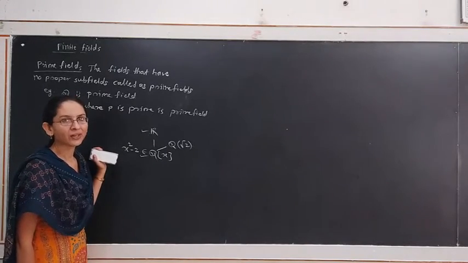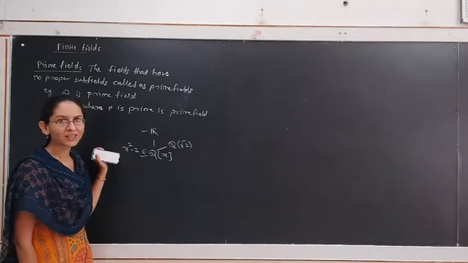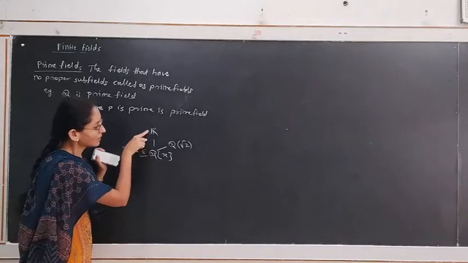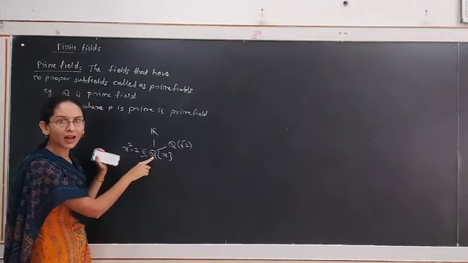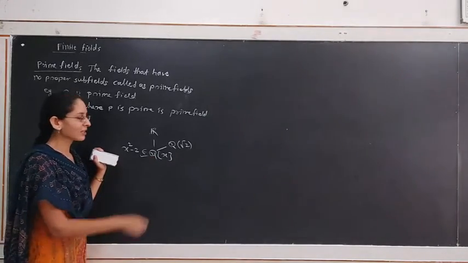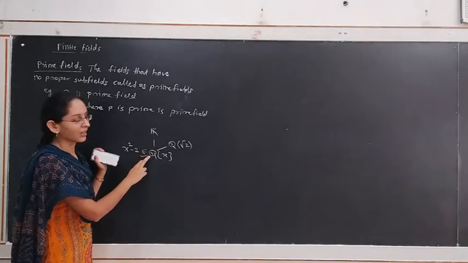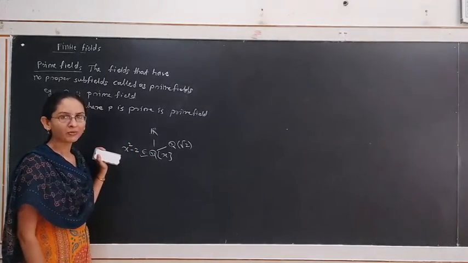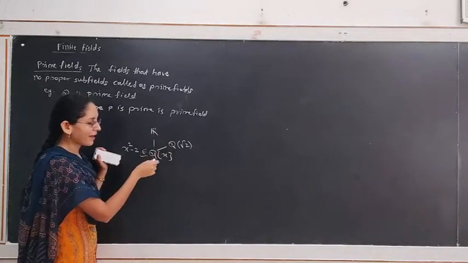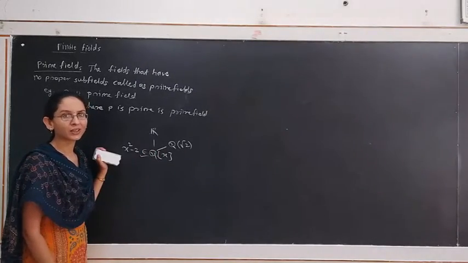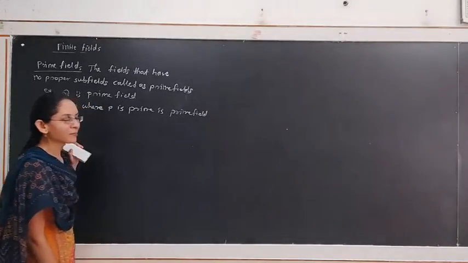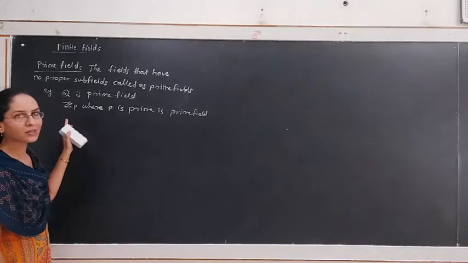We define the prime subfield of a given field by considering its characteristic. The field of real numbers has characteristic 0. The proper subfield of R is Q, and this Q does not have a proper subfield again. Hence, Q is called the prime subfield of R. In general, we say that Q is the prime field because it has many extensions, and those extensions have prime subfield Q, which has characteristic 0. Also, Z_p is a prime field because it has no proper subfield.